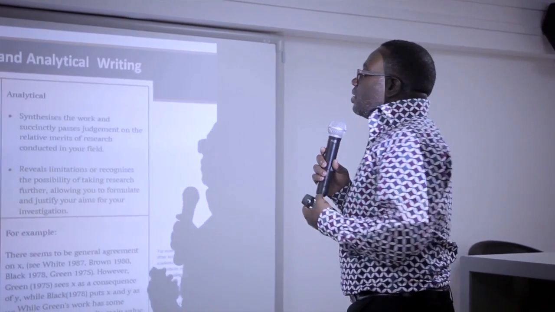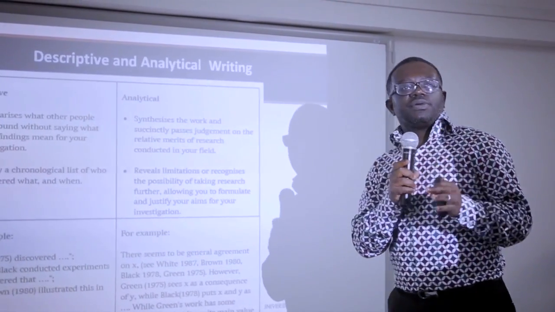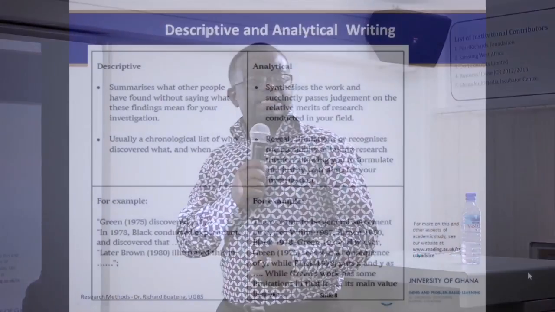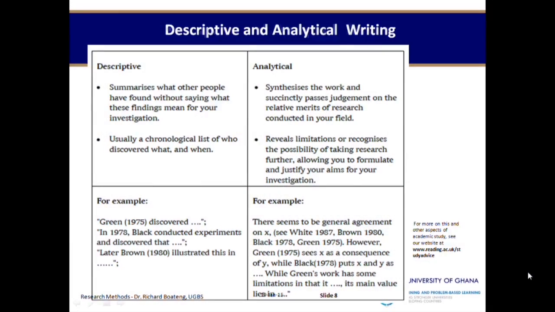Good. Now, one thing I want to differentiate in writing is the fact that there are different ways in which we express ourselves in every literature write-up. We can write in a descriptive way or we can write in an analytical way. A descriptive writing usually summarizes what other people have found without saying what these findings mean for our investigation or our research. So we can just go on and just say that research on corruption in Africa has been done from different perspectives. This and this did it in South Africa, where they found that the church plays a key role in